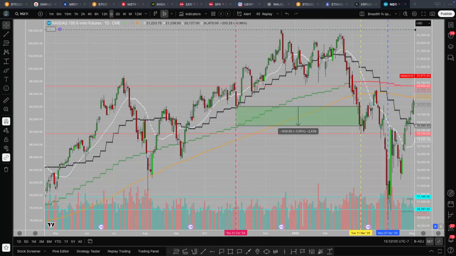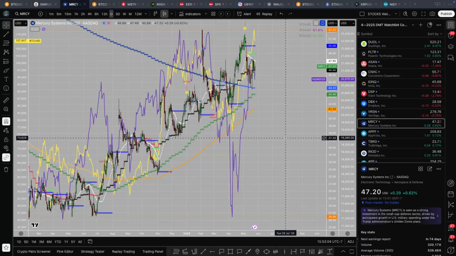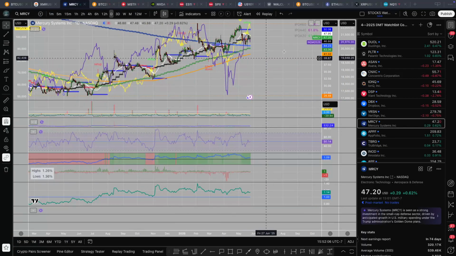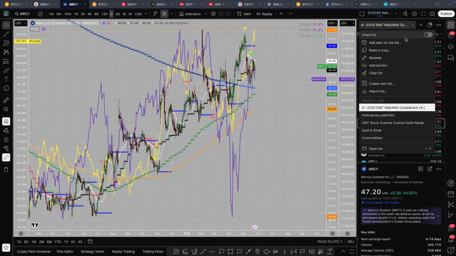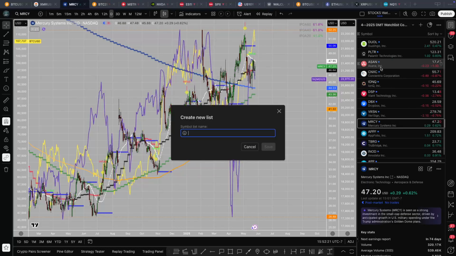And then you would go to, for example, this is one of my default setups to watch stocks. You would go over here, your watch list, right? Or create a new watch list or something, right? You would create a new list